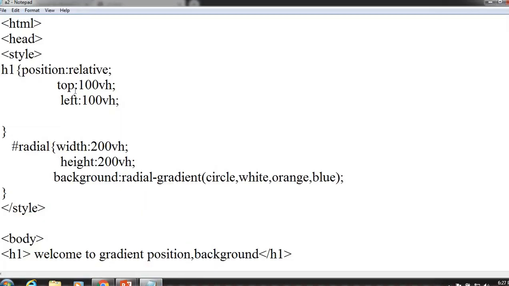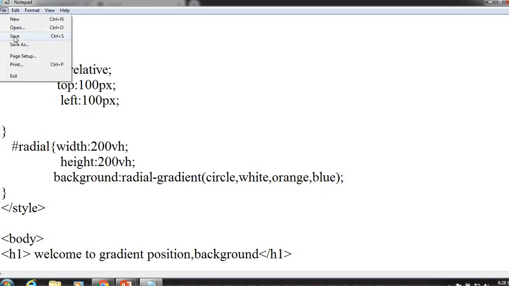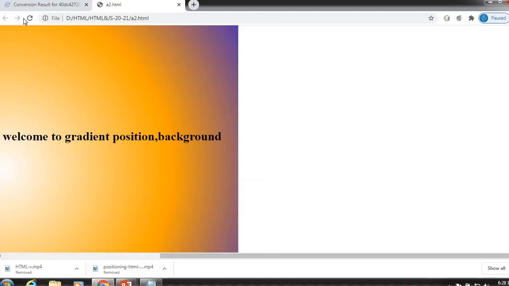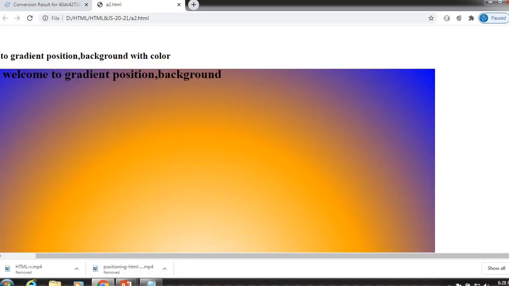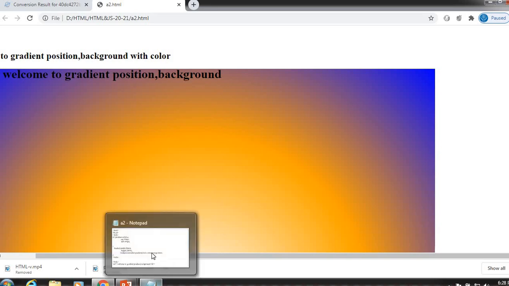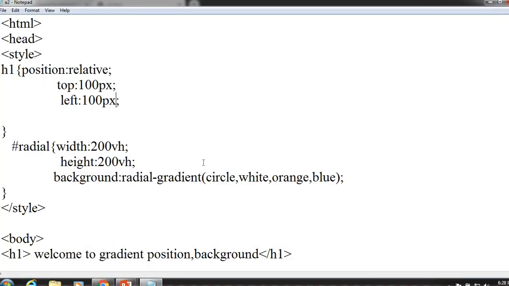Here we have taken the position from the top. Actually it is 100 pixels, and it is again 100 pixels. So just modify and see the reflection. So this is how the heading comes at the specific position that was applied. Similarly we can apply a different position for heading 2.